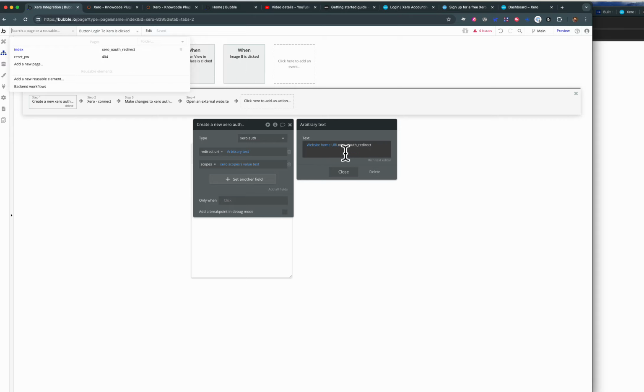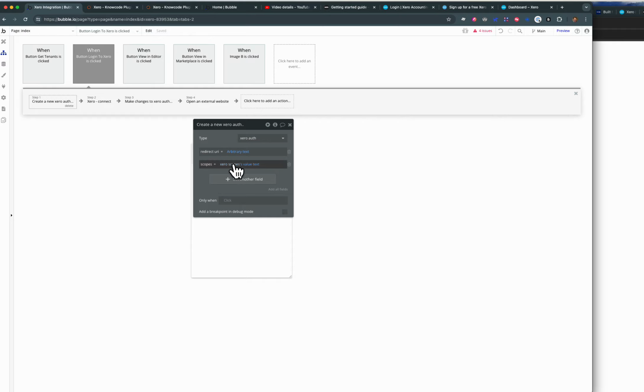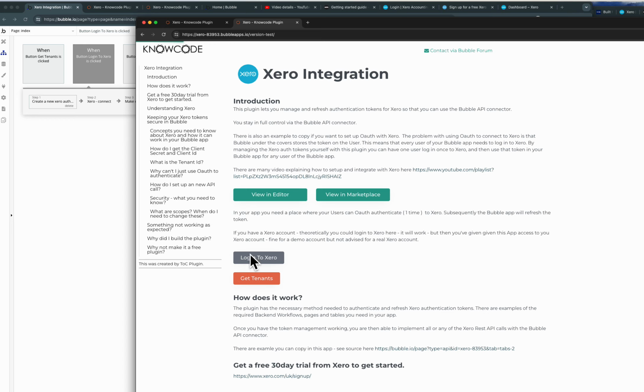Once we've authenticated at Xero, Xero is going to come back to this page. And in our scopes, we've set the scopes we want, the right permissions that we need, the minimum permissions we need to execute the REST API calls and get the data. So whether we want to read it, write it, and which sections of the Xero API we want to retrieve. So we've got all of that in place, and we go log into Xero,